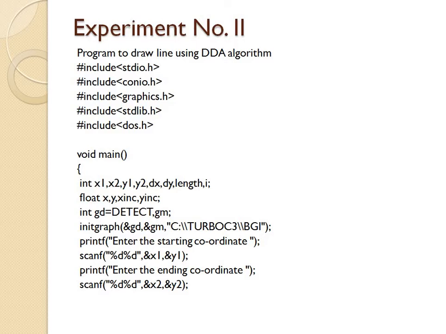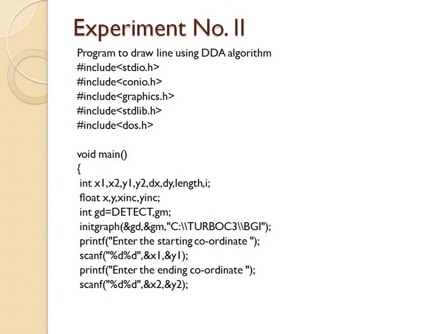To draw a line you need two points between which you can draw it. We need the first point, that is the starting point, and we need the last point, that is the end point, and by using these points we draw a line. DDA is used for the interpolation of the variables over the intervals between start and end points.